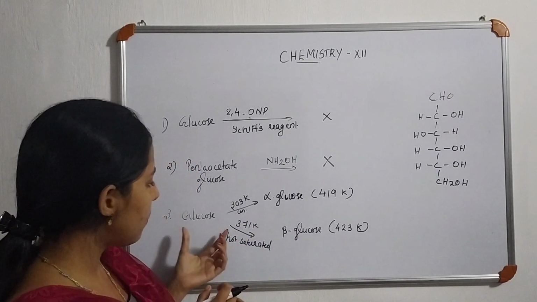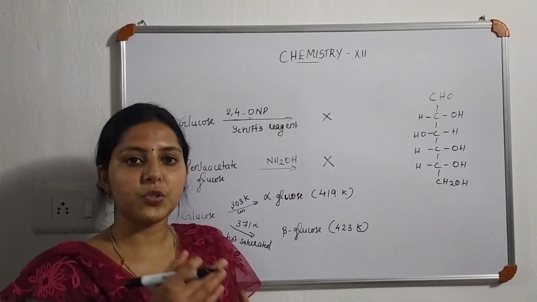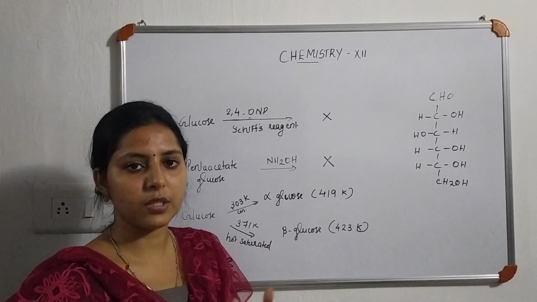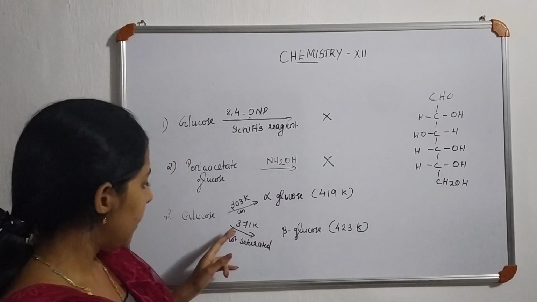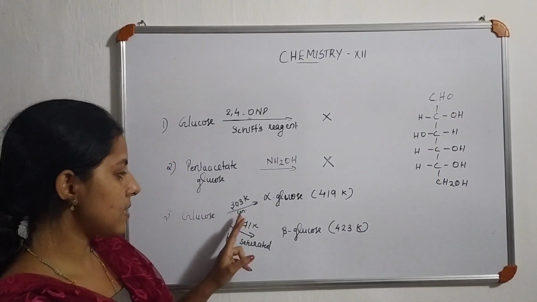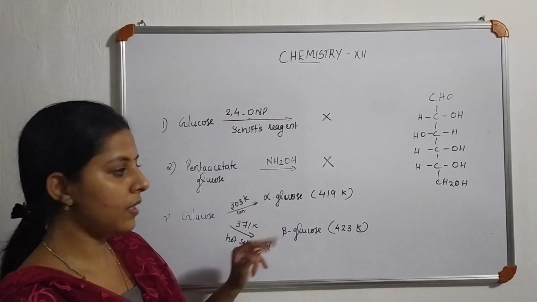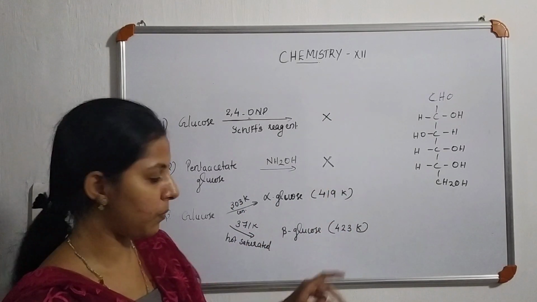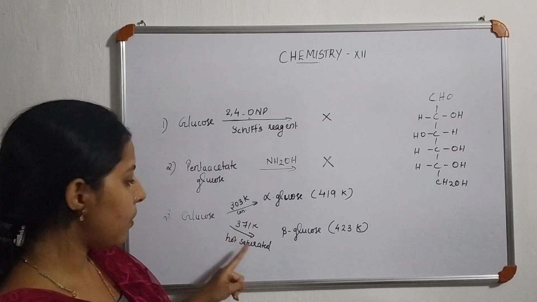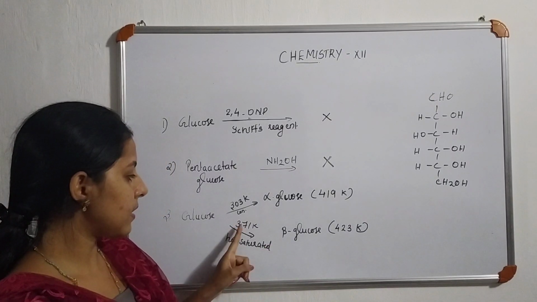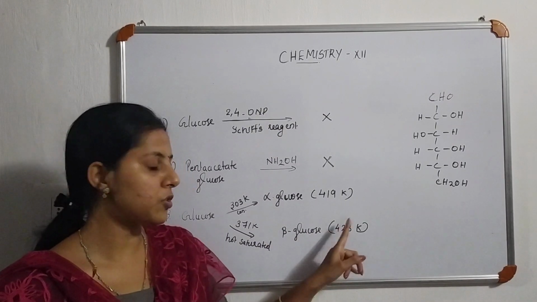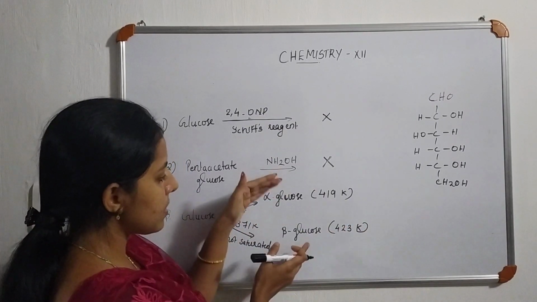And again, glucose exists in 2 crystalline forms, alpha glucose and beta glucose, with 2 different melting points. When concentrated glucose solution is crystallized at 303 Kelvin, it forms alpha glucose with a melting point of 419 Kelvin. And if a hot saturated glucose solution is crystallized at 371 Kelvin, it forms beta glucose with a melting point of 423 Kelvin. So these 2 crystalline forms are